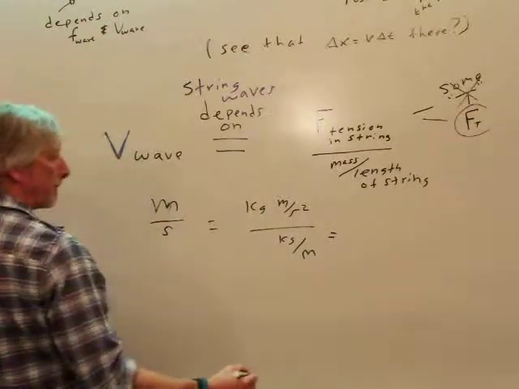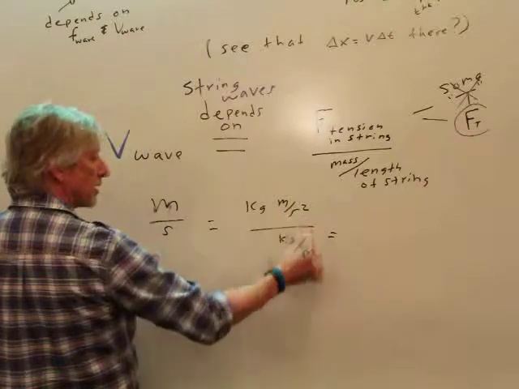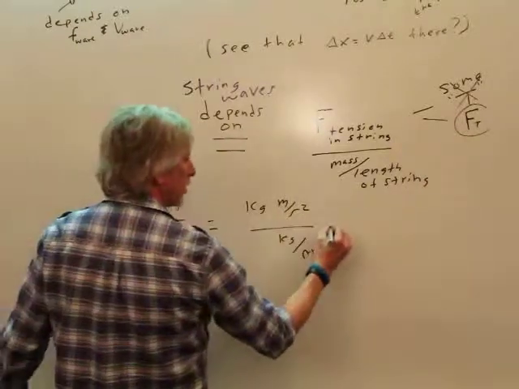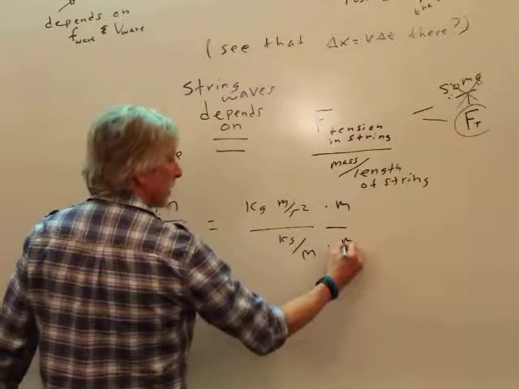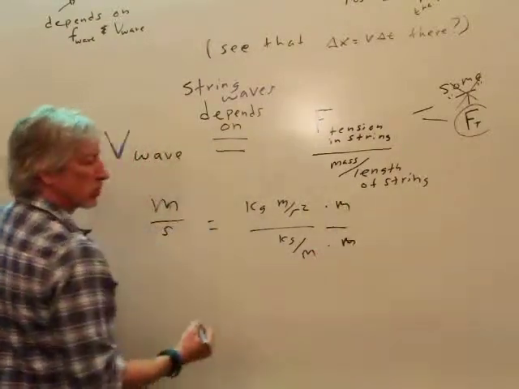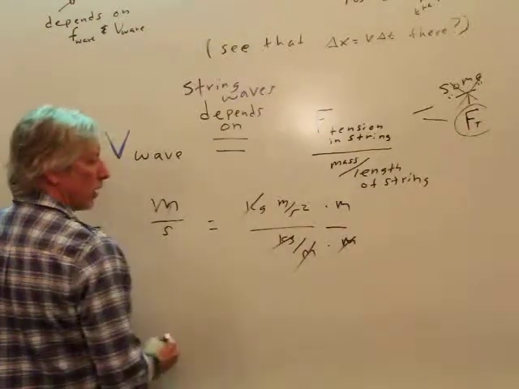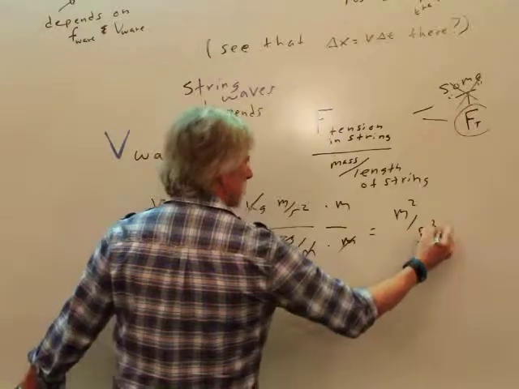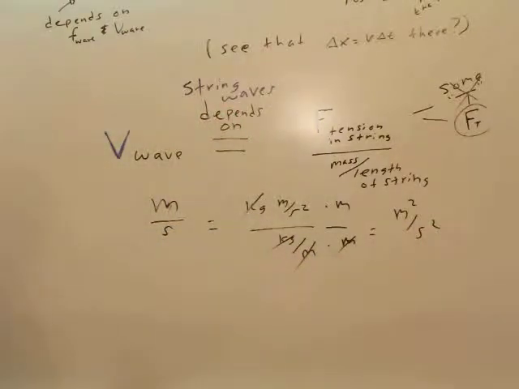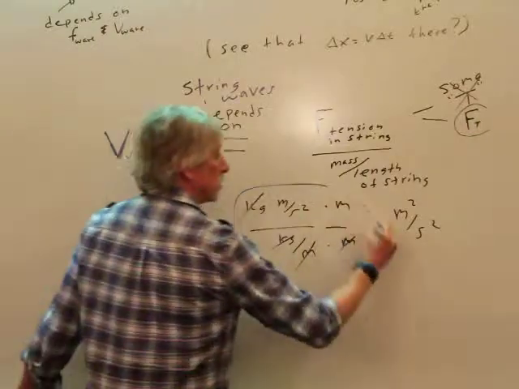Let's do that. All right, and then that's checking those units. What do I get? Well, wait, do the masses cancel? How do I do that algebra? Multiply times M, multiply times M. Do to the top what you do to the bottom. That got rid of that. Now the kilograms clearly go away. So this is meters squared per second squared. Wait a minute, that's wrong. I have a solution. Let's just take the square root.